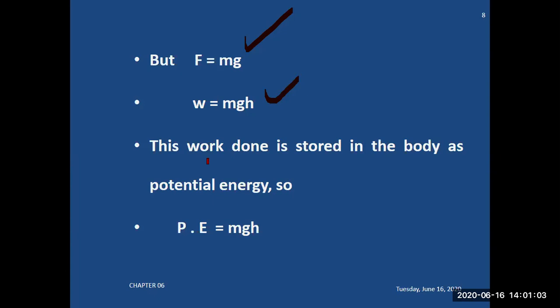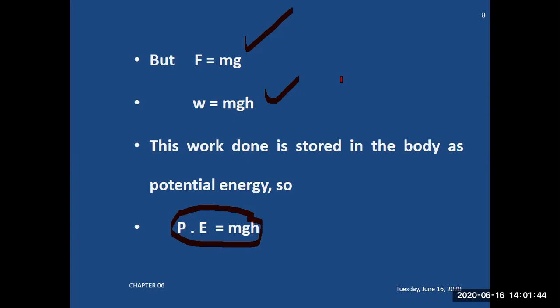This amount of work done is stored in the form of potential energy in the body. So this is called potential energy. If you look at, you have two possibilities. Whenever you are calculating the amount of work done, basically that work done appears in the form of energy. If you are moving any object, during the motion you are calculating the amount of work done, and that work done is equal to the kinetic energy of that object. But if you have raised any object and that object is at rest due to its height, by virtue of its position, you have compressed any spring, you have stored water in the dam.